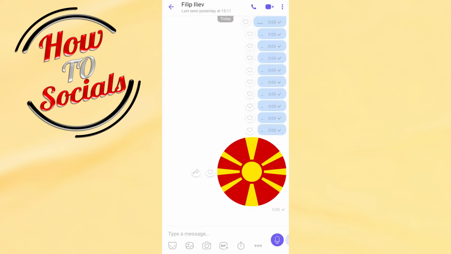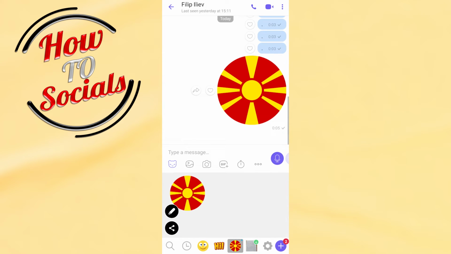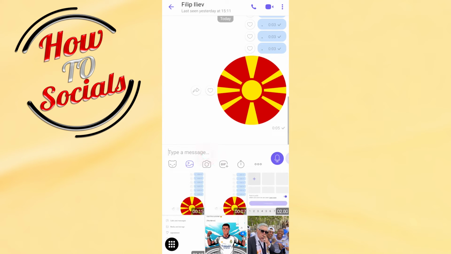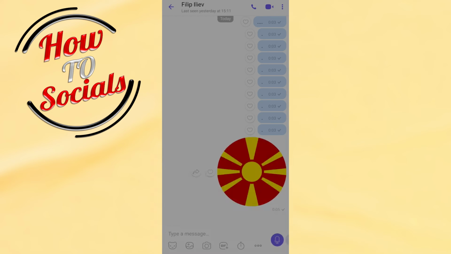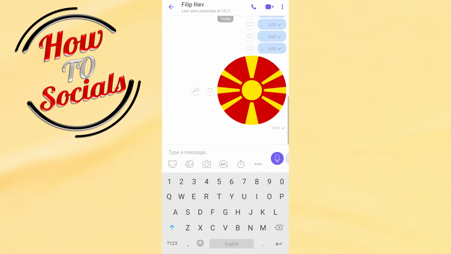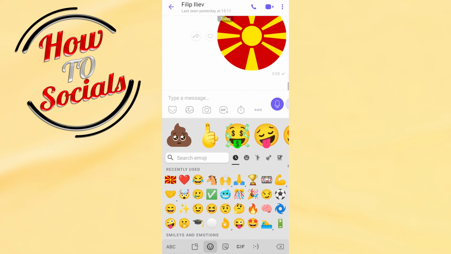Now you can go back and simply click on the sticker side, and here guys also you're going to find these sections, in which if you tap on the GIF section, and if you simply click on this sign line, and now as you can see when you get into your keyboard,